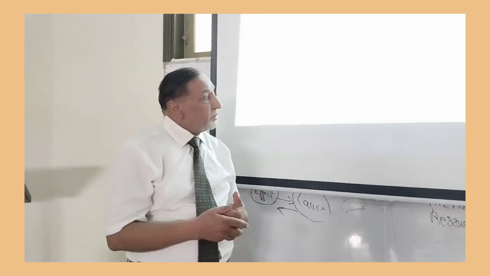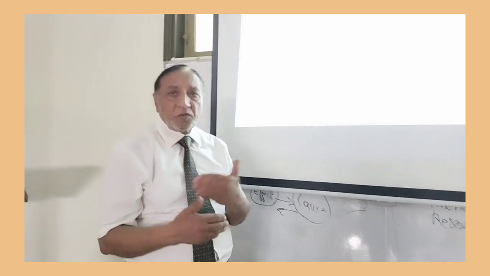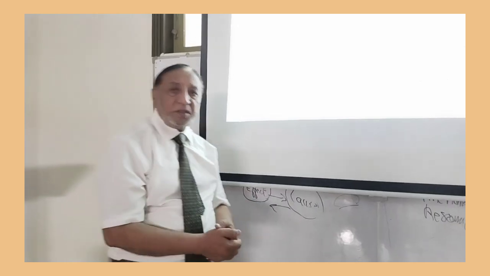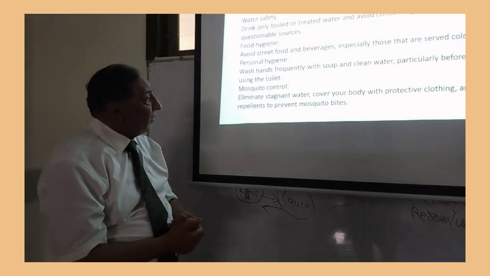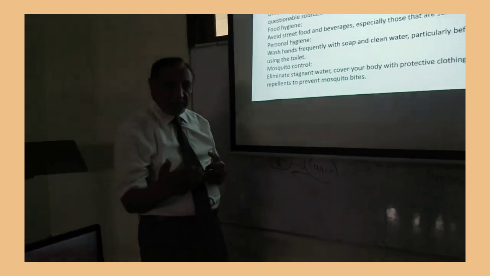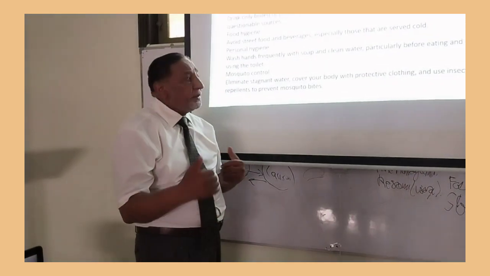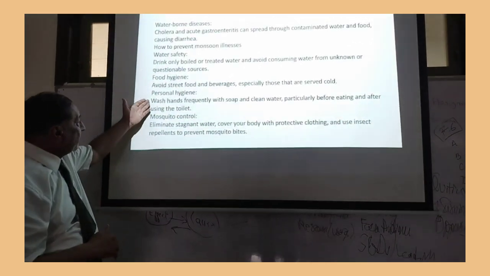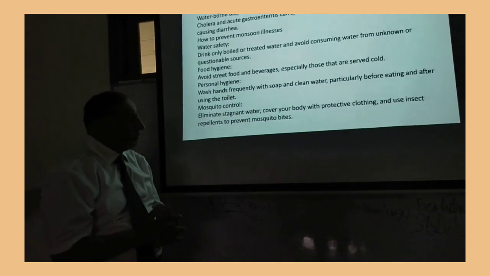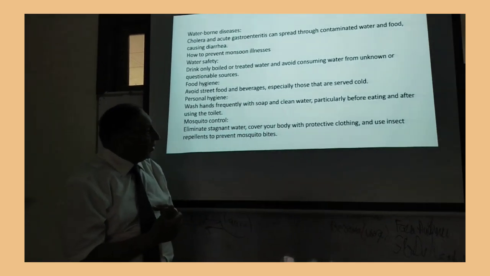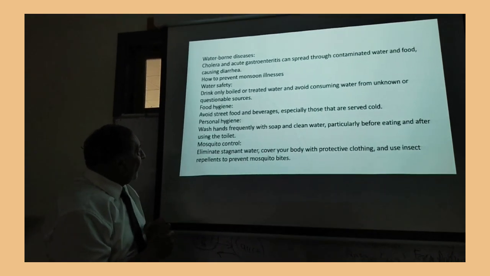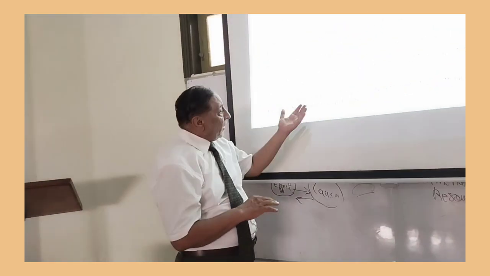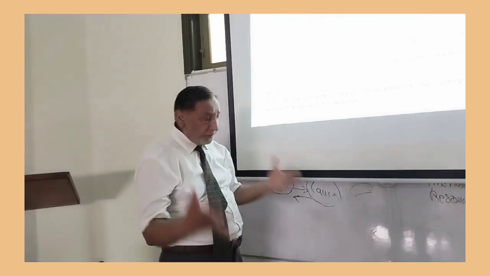So take a simple clean cloth, make it 4 or 5 folds up to the edge, and pass water into the drinking utensil, and then you can drink. This will make your water more safe, and most of the bacteria will be entangled in it because of the charges, negative, positive, and other things. Personal hygiene, washing hands with soap and clean water is important, particularly before eating and after using the toilet. So clean water is not needed only for drinking, but for your personal hygiene it should